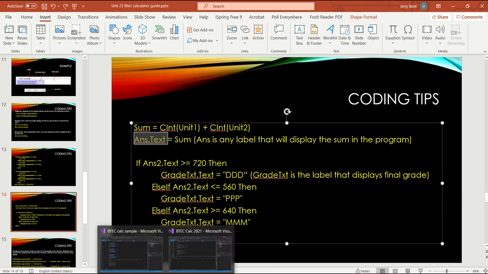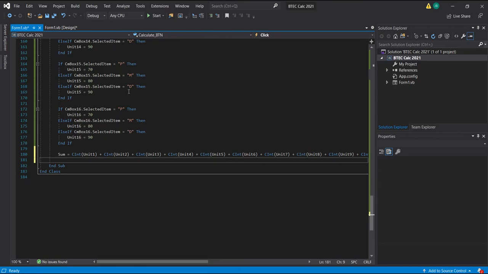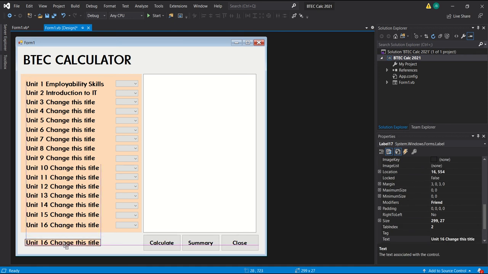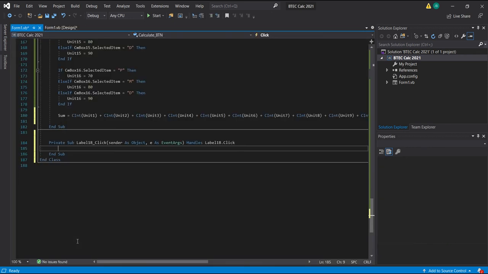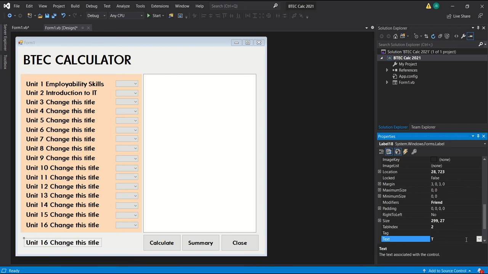So let's come back to our program first of all. We don't have that label there, so we need to put it in first, or you could put in the code and go fix that later. But let's start with the front end. Of course, if you add these values together, you want to have the total value displayed here. So first of all, I'll just copy this, Control and drag. Oh sorry, I double clicked on it because I thought it was just an ordinary text. So I'll change the text there and say total,